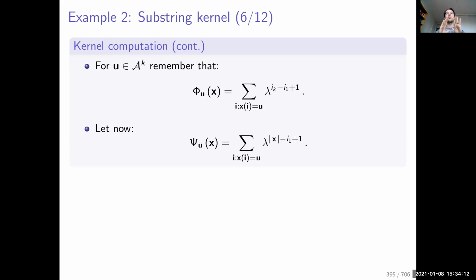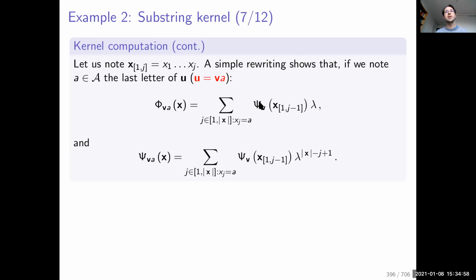This would be horrible to present precisely in this video, but the formulas are on the slides. If this is the definition of phi u of x, we sum over all the possible sets of indices. Each time x of I is equal to u, we obtain this contribution lambda to the power of the length of the index set I. We can introduce other quantities, I'm not really telling you why, that are slightly different. Here you simply see that instead of ik, I get the length of x. We can define,